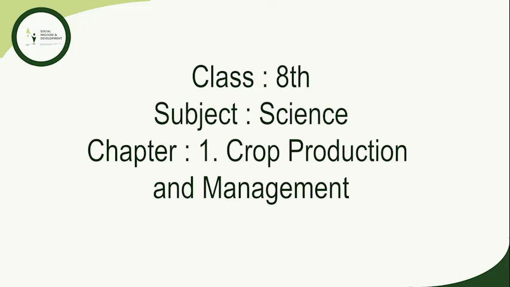So, the first topic is preparation of soil. The preparation of soil is the first step before growing a crop. One of the most important tasks in agriculture is to turn the soil and loosen it. This allows the roots to penetrate deep into the soil. The loose soil allows the roots to breathe easily, even when they go deep into the soil. Why does the loosening of soil allow the roots to breathe easily?